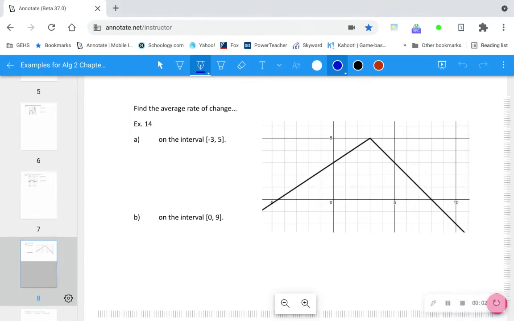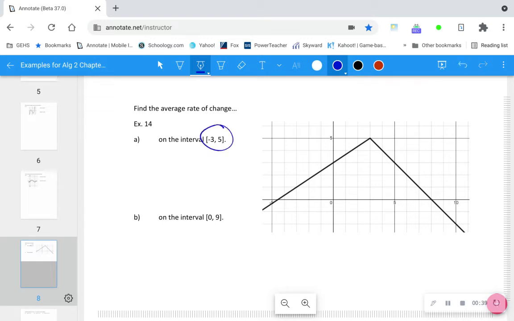Okay, we're returning to the review for Algebra 2, Chapter 1, Sections 1.1 to 1.3. These are just examples from your review. I might point out that the problem numbers, like number 14, might be slightly off, so you want to pay attention instead to the instructions and match them up with the instructions of the problems you're trying to accomplish. In this first section, we're trying to find the average rate of change on the interval